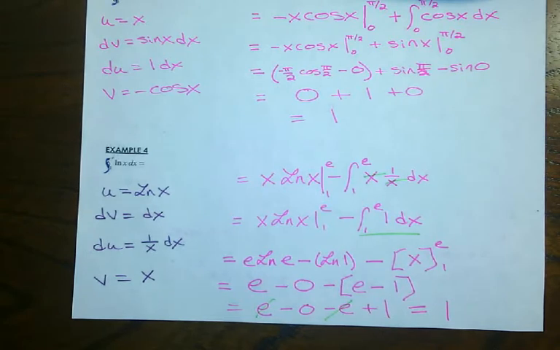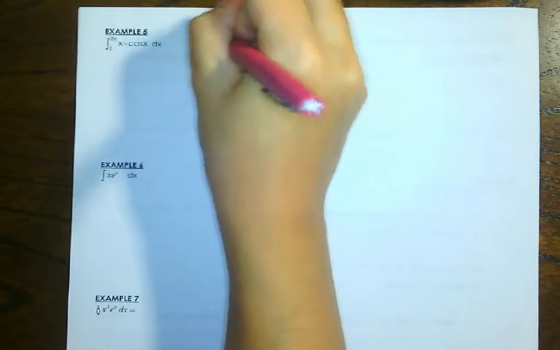So let's take a look at example 5. Okay, when you look at example 5, be careful. Hopefully when you're looking at this, you would realize that those are not attached by multiplication, that this is just x minus cos x dx. And so this is not an example of integration by parts. This is not integration by parts. I think that's what's tricky,